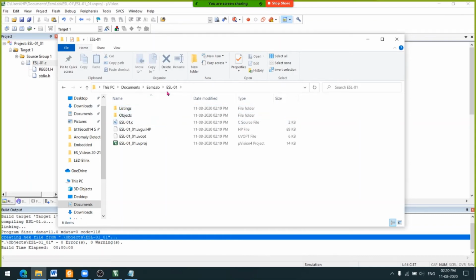Then you can see ESL01, this was the name of our project. This is our project. Now in Objects we'll see this is our hex file which is created, right?